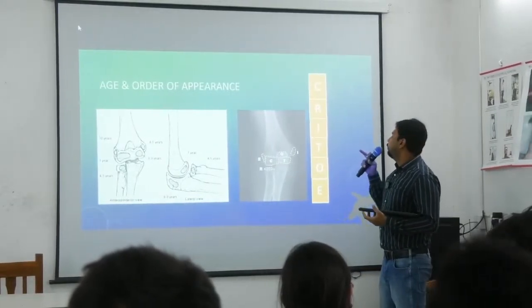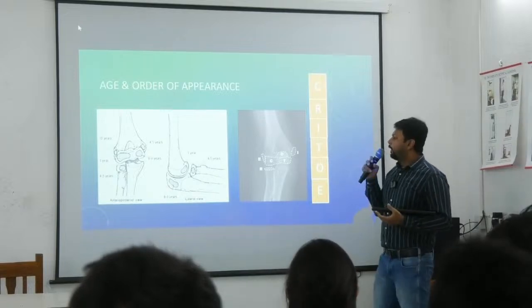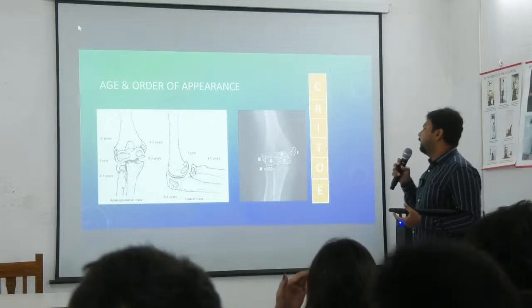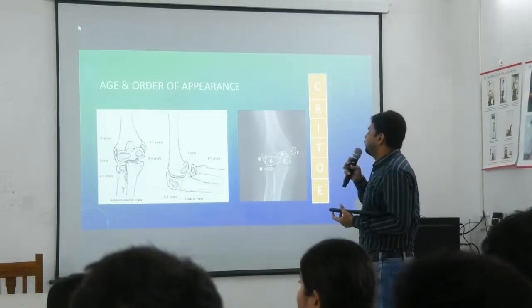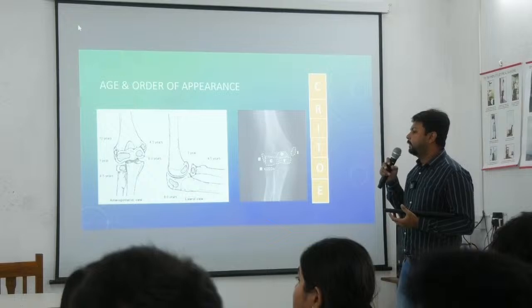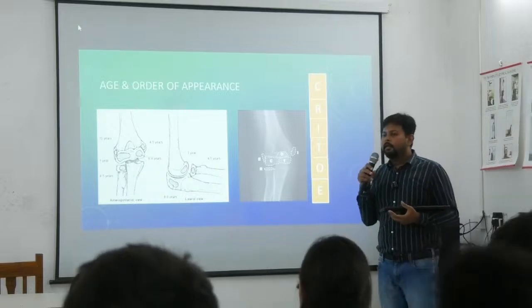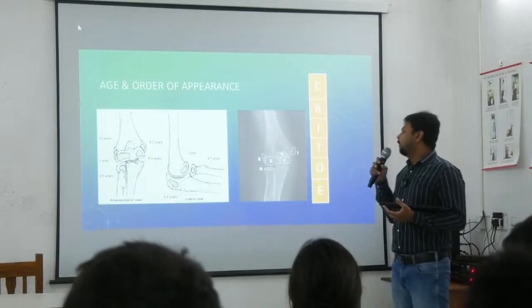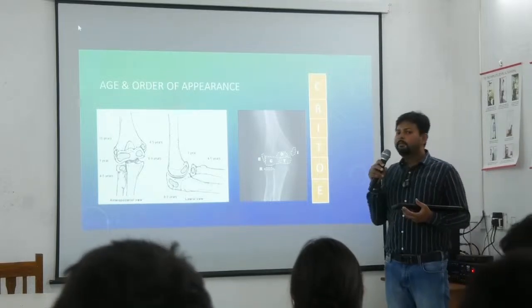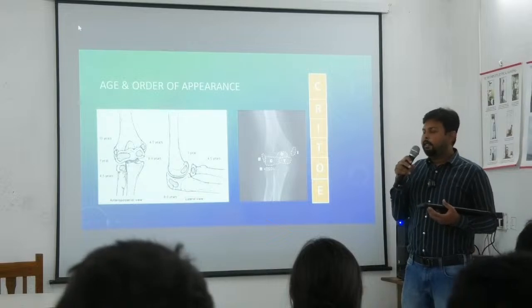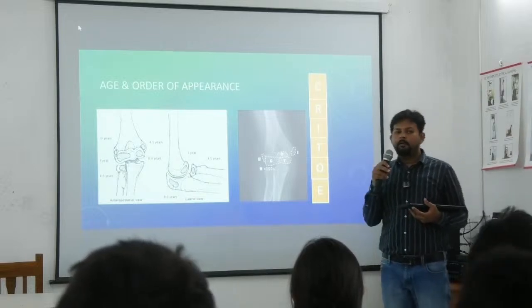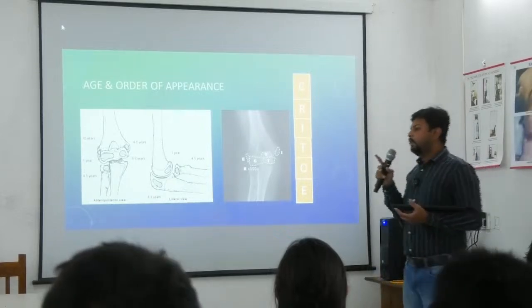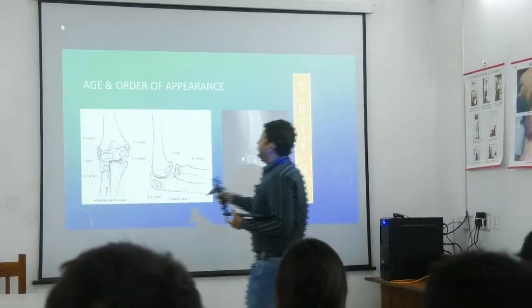এইবার দেখো এজ অ্যান্ড অর্ডার অফ অ্যাপিয়ারেন্স এর হিসেবে প্রথমে ক্যাপিটালাম অ্যাপিয়ার্স এট 1 ইয়ার অফ এজ, ঠিক আছে, তারপরে আসছে রেডিয়াল হেড অ্যাপিয়ার করছে 4 to 5 ইয়ার্স, তারপরে আসছে ইন্টারনাল এপিকন্ডাইল আর মিডিয়াল এপিকন্ডাইল, ওটাও 4 to 5 ইয়ার্স, ঠিক আছে, তারপরে আসছে টি ট্রকলিয়া 8 to 9 ইয়ার্স, বাট সামটাইমস উই assume it to be 10 years, মানে ইন্ডিয়ান পপুলেশনে ওটা 10 ইয়ার্স। ট্রকলিয়া TRO ট্রক, সো T is for 10, এটা 8 to 9 কিংবা 10 ও বলা যেতে পারে,